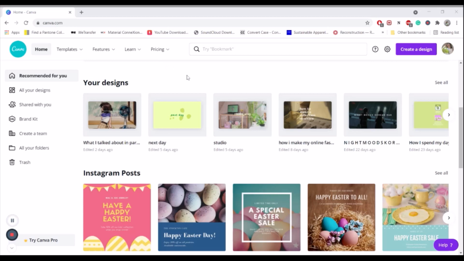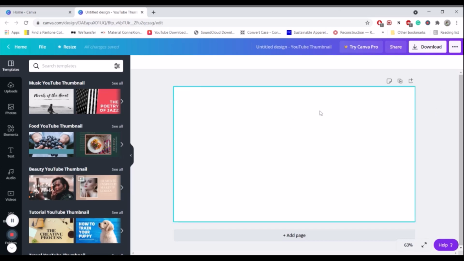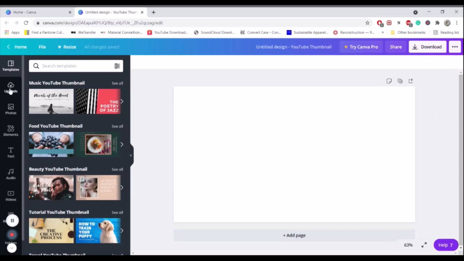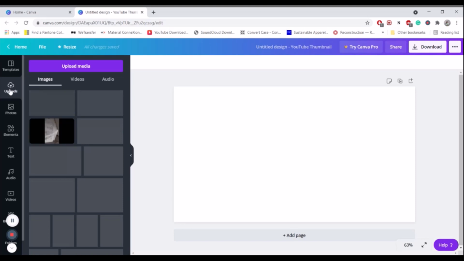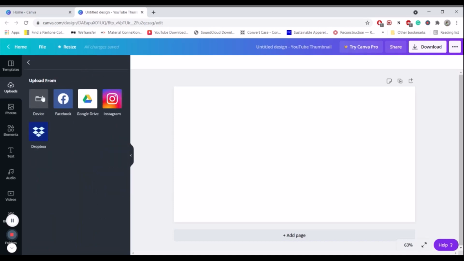So on Canva, we are going to be creating a new design. Click on create a design and click on the YouTube thumbnail suggestion. So now that we have our file to work with here, we are going to go to uploads. Under uploads, I already have it here. This was the test that I did, but click on upload media, go on device and find those GIFs that you want to put